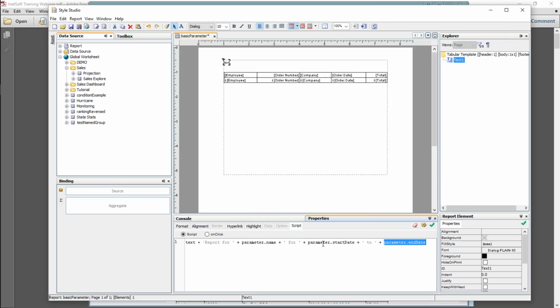The only problem that I see is that the parameter.startDate and parameter.endDate are date objects, so if we try to display them as strings, they're going to be quite long because they also have the time and the, what do you call it, the zone, Eastern time or whatever. So what I want to do is a little bit of formatting here. So I'll just use a, there's a,